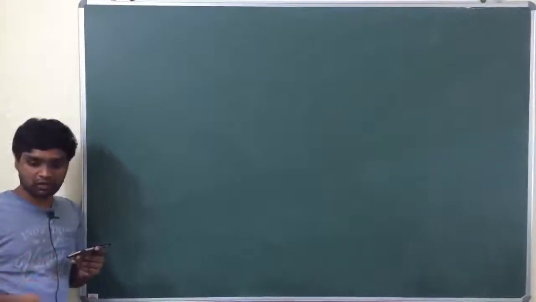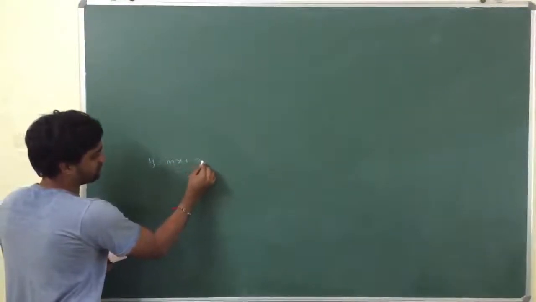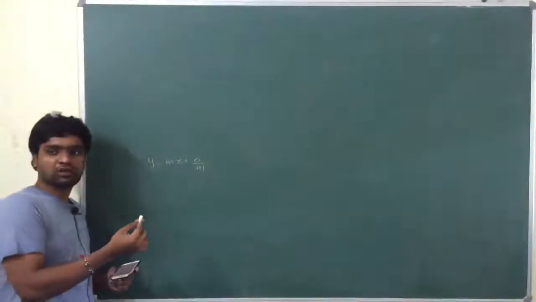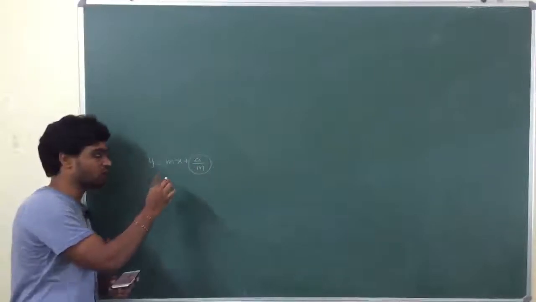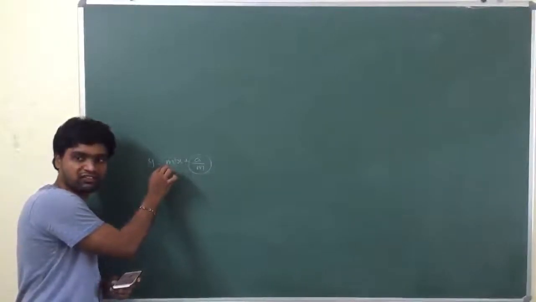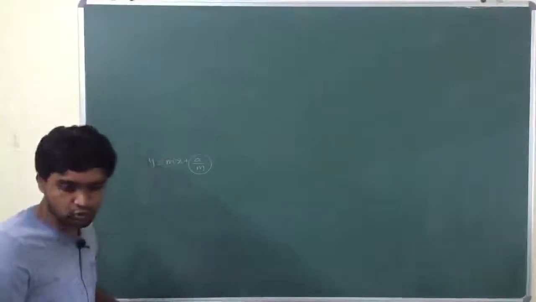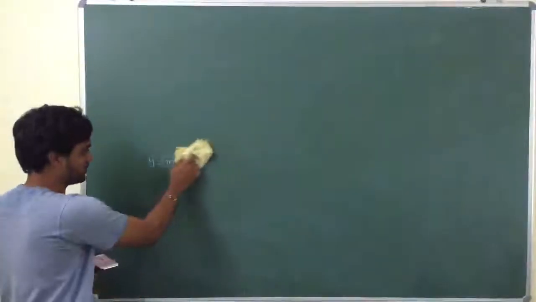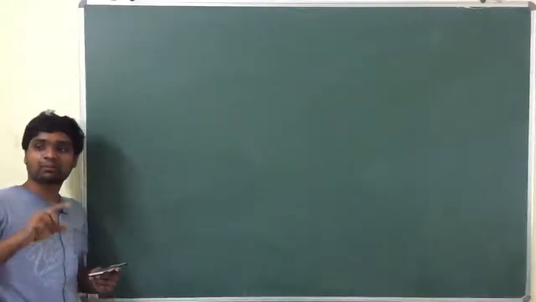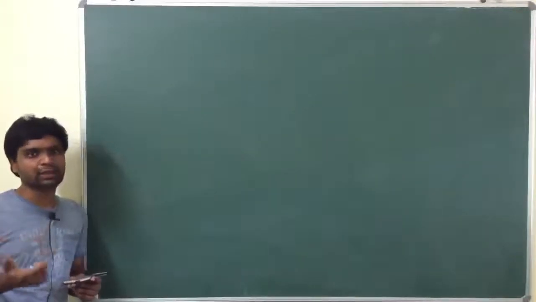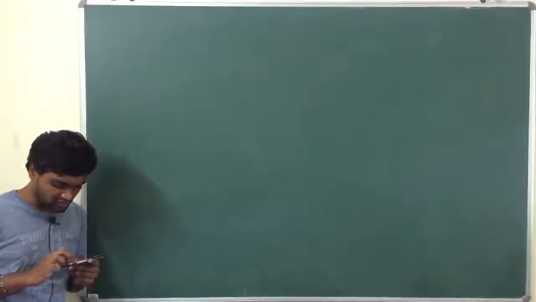In parabola only one tangent can be drawn with the given slope because y is equal to mx plus a by m, so the value of c is a by m. There is no plus or minus in parabola. So with the given slope, only one tangent can be drawn to the parabola. For the remaining three curves, circle, ellipse or hyperbola, two tangents can be drawn with the given slope. And from an external point to every curve, two tangents can be drawn. Okay, that point is fixed.